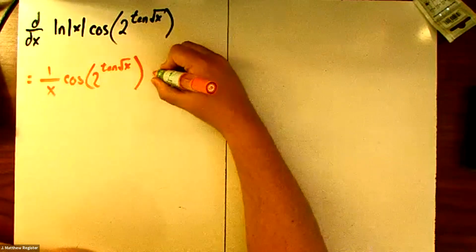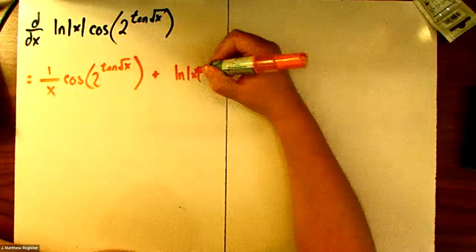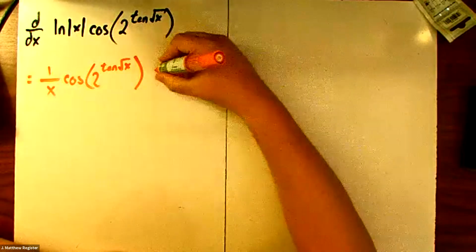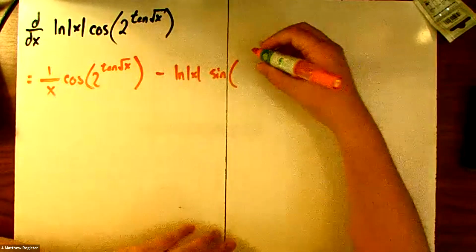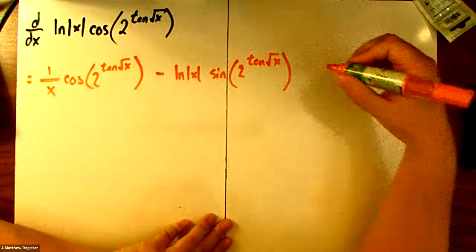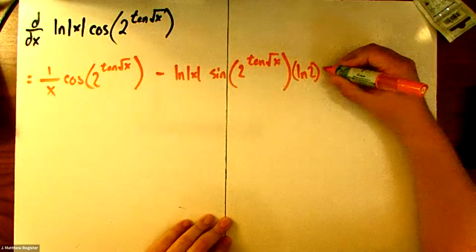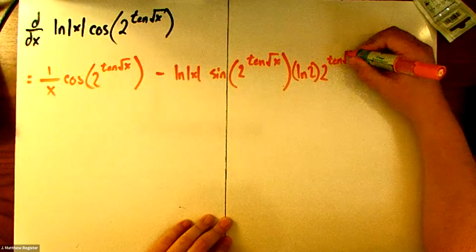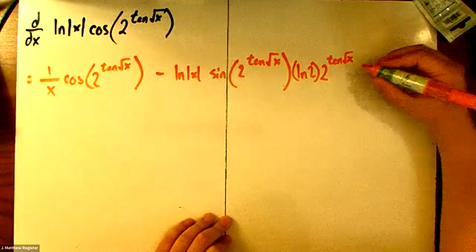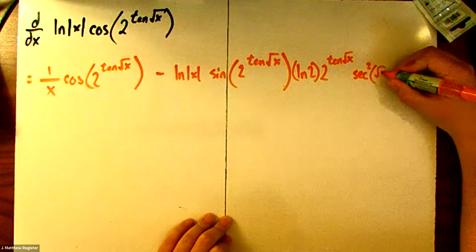And then that is going to be plus, let's see, a natural log of absolute value of x, a sine, and let's actually change this to a minus, of 2 to the tangent of square root of x. Then we'll multiply that by a natural log of 2 times 2 to the tangent of square root of x. And then we will multiply that by, how about, secant squared